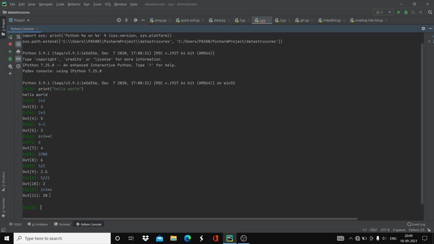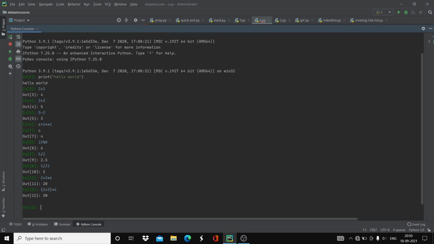Multiplication has a higher precedence, so first the multiplication will execute and after that the addition. If you don't want precedence, you can mention that in parentheses. For example, 2 plus 3 in parentheses into 6. Now you got output as 30 because 2 plus 3 is equal to 5, and 5 into 6 is 30. Here parentheses have the highest precedence.